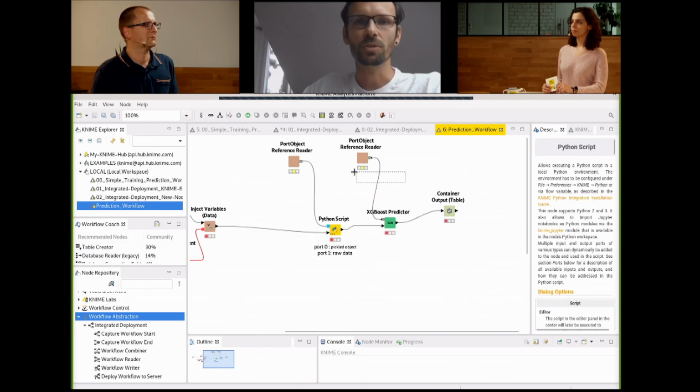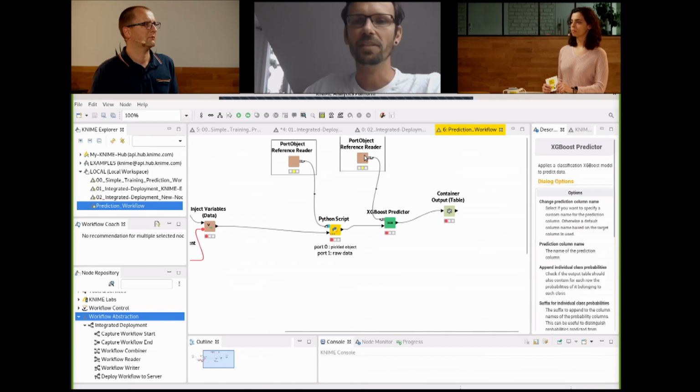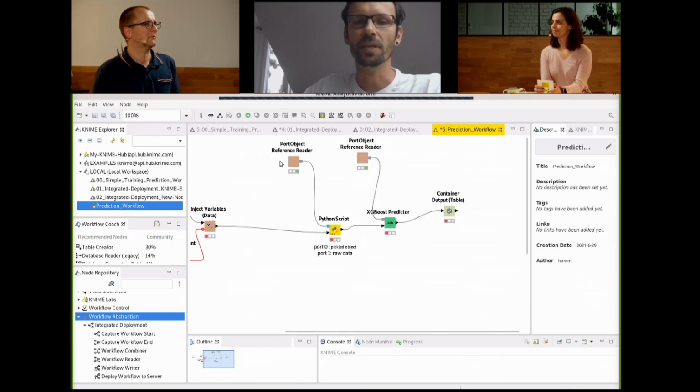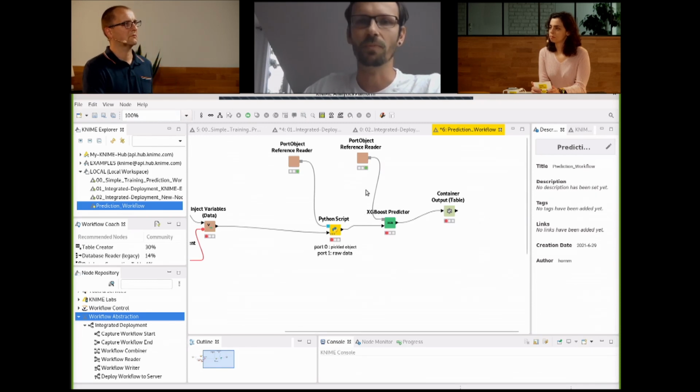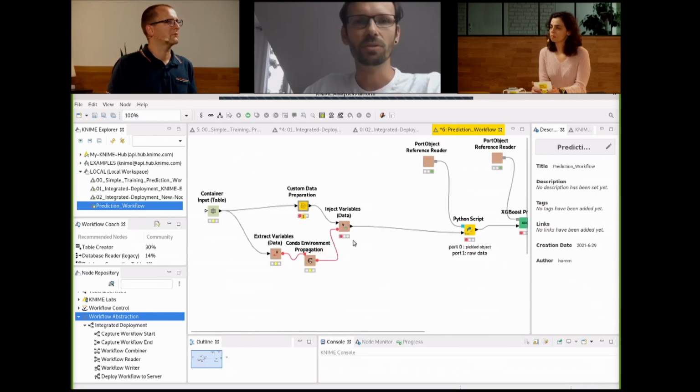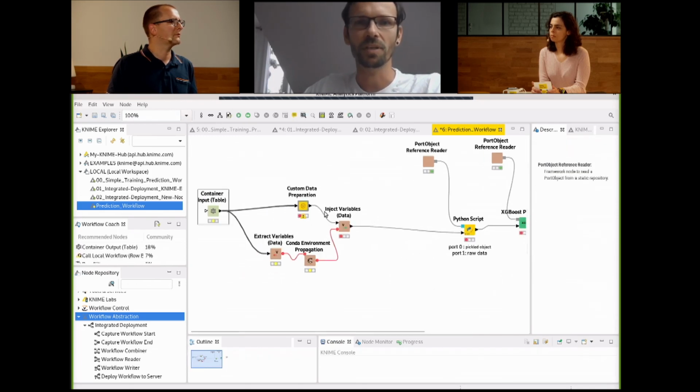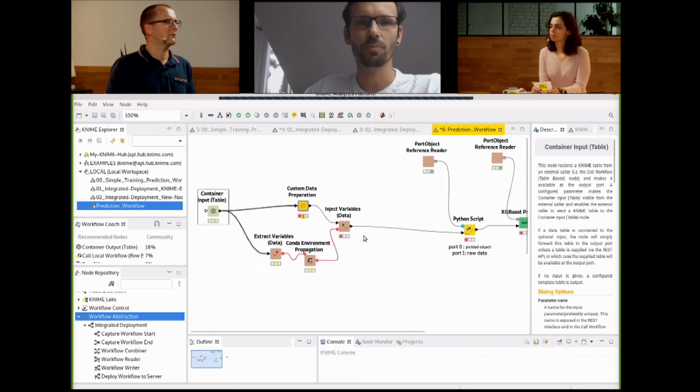And you might also notice these two nodes, which represent the data which is required, the models, the normalization model and the classification model, and they're automatically copied into this workflow as well. And you might also notice that there are the container input node and container output nodes, which have been added automatically as well. And this allows us, for instance, to deploy this workflow as a web service later on and to put it